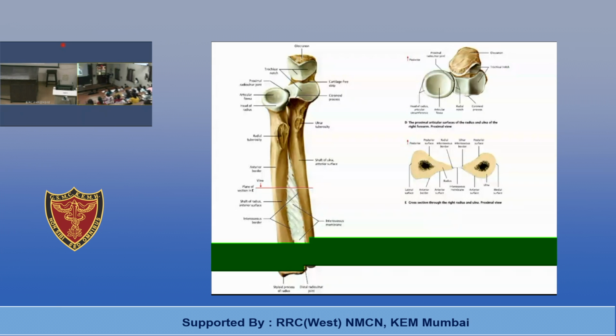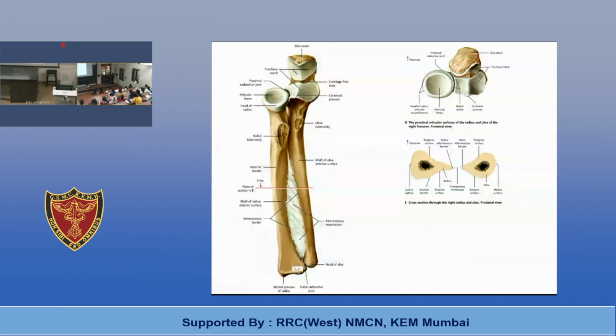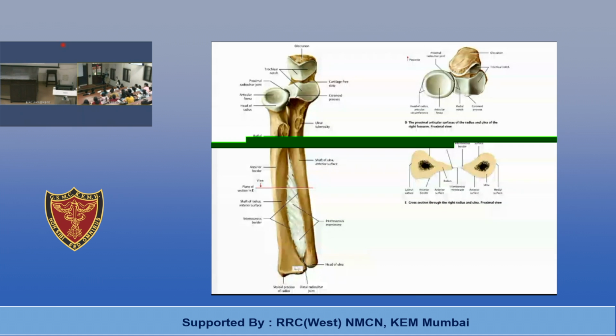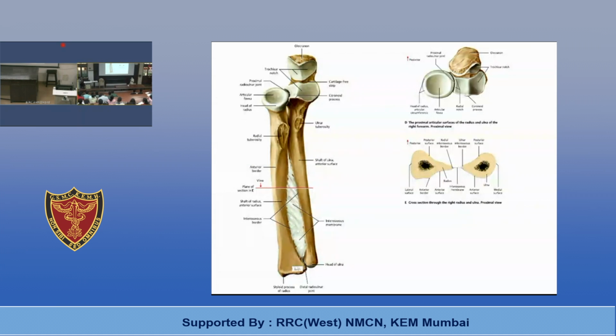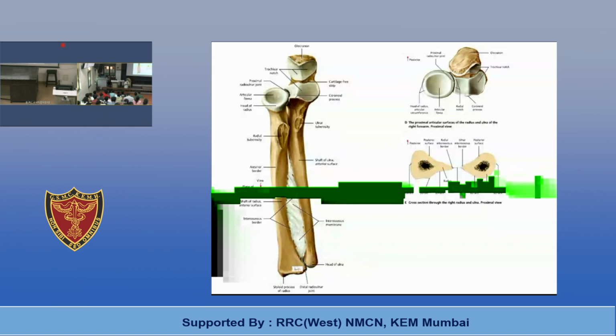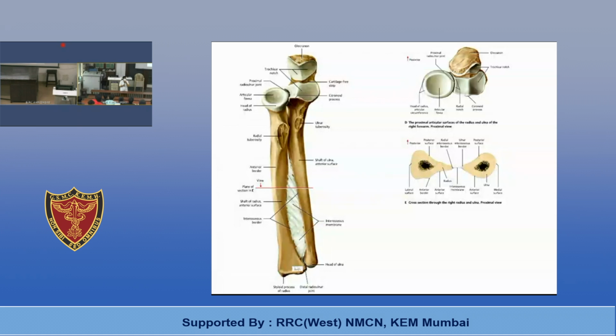Okay, so here you can see this is superior radioulnar joint seen from above. Can anyone tell me what are the bones forming the superior radioulnar joint? Head of radius and, today you will be learning about radius and ulna in demonstration, but if you have any idea about the other articulating surface, you can tell. Otherwise, we'll discuss. So head of radius is one thing, and there is radial notch of the ulna, which is located near the olecranon and the coronoid process. So these two structures are forming the joint in the upper part.